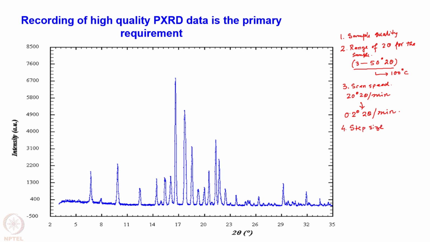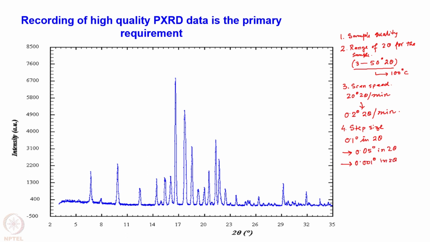What is the interval of 2 theta at which we want that data to have 1 point? So normally this step size is about 0.1 degree in 2 theta. This can be reduced to 0.05 degree in 2 theta depending on the need. It can be as low as 0.001 degree in 2 theta,